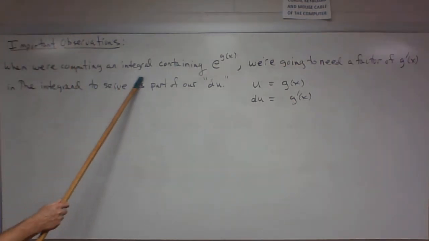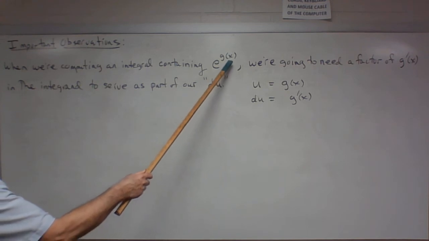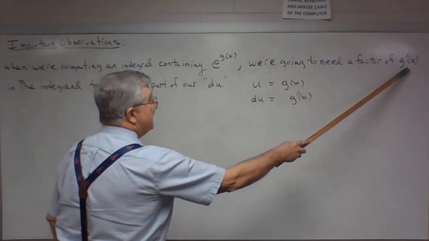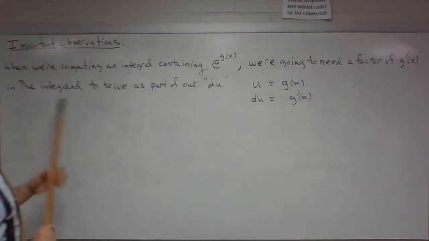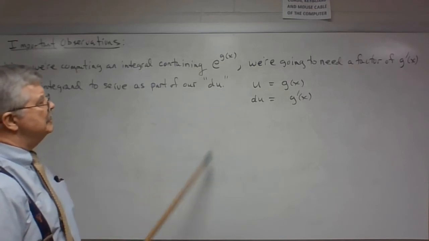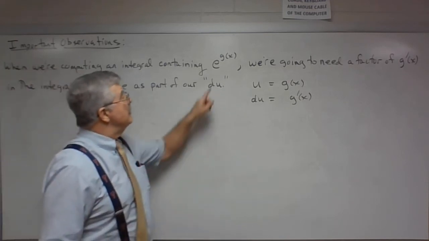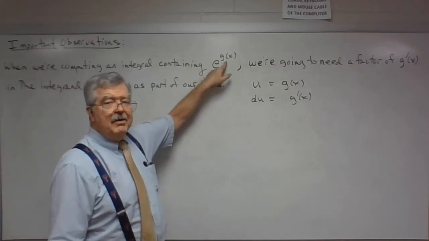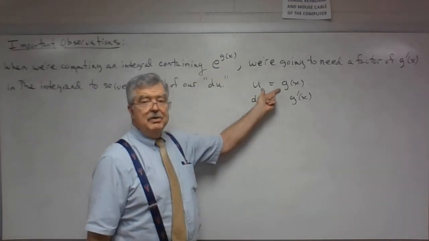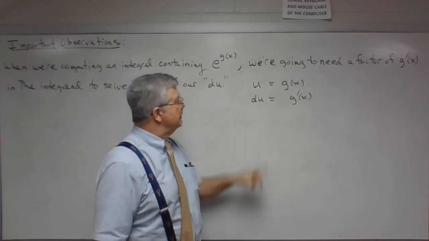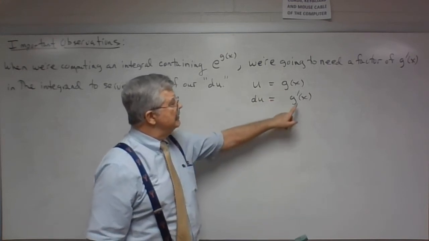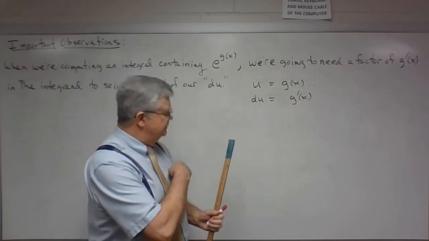When we're computing an integral containing e to the power of a function g of x, we're going to need a factor of g prime of x somewhere in the integrand to serve as part of our du. So in other words, if we have e to the power of g of x, almost certainly u is going to be g of x, and du is going to be g prime of x dx,